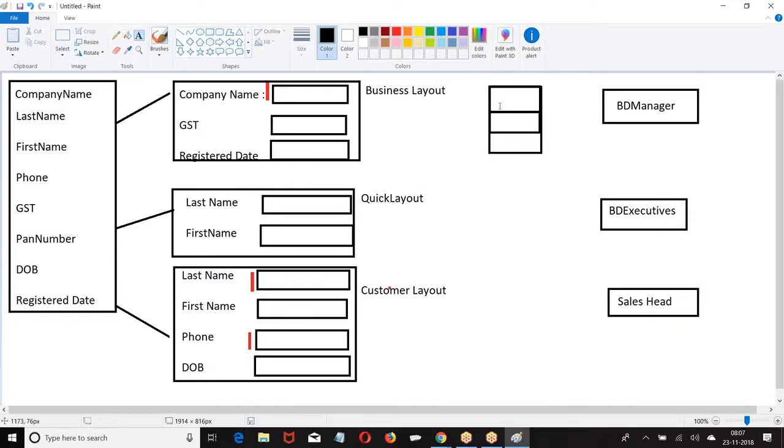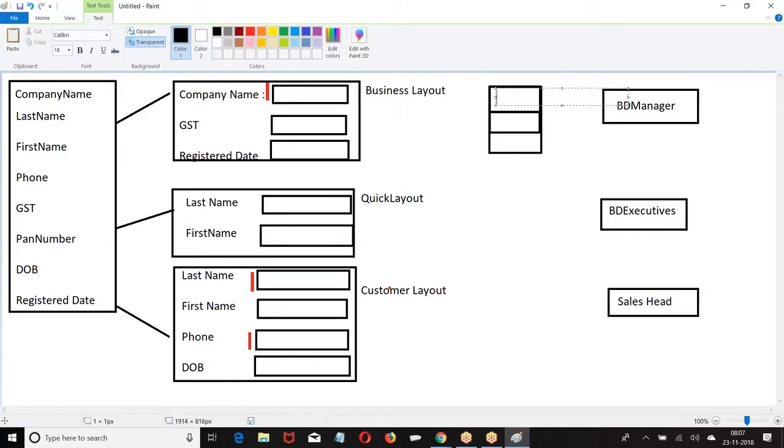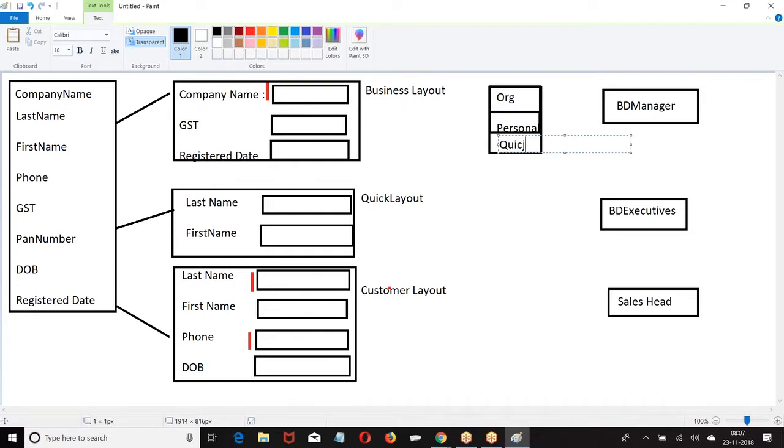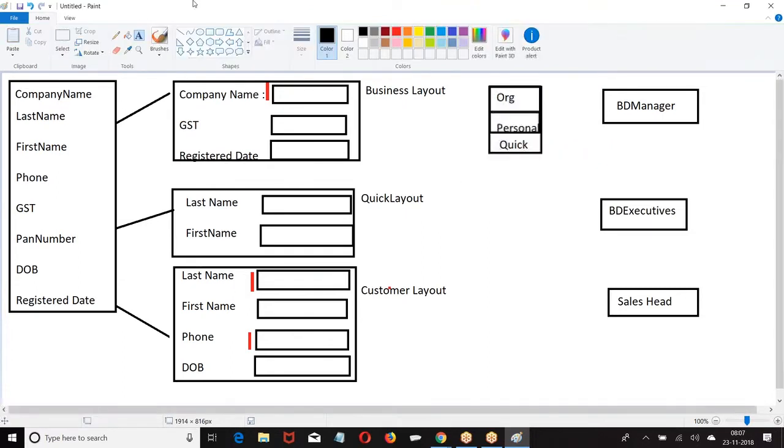For him, I told we have record types: organization, personal, and quick. Now when I'm creating, they'll ask how you want to create. If you choose organizational, this will open. If you choose personal, this will open. If you choose quick, this will open. Depending upon the record type, the layout opens.